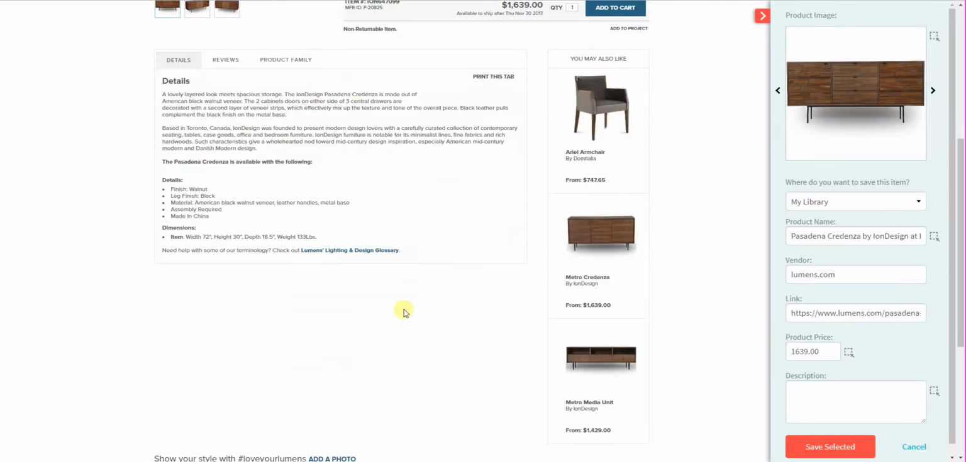And I'm going to do the same thing with the product details. So I'll go ahead and click on that icon that's next to the field. It's going to turn blue, and then I just click on the details. And everything gets filled in automatically, so I don't have to spend the time typing this in manually. So if I go ahead and save that item,